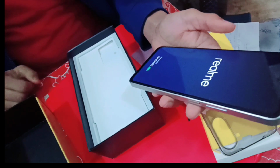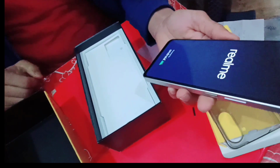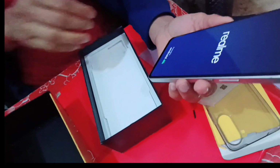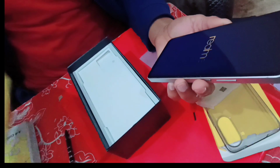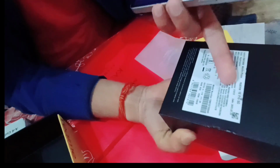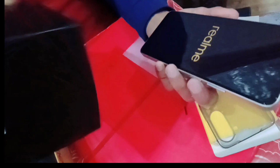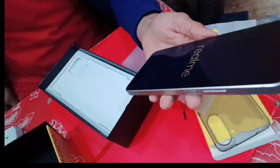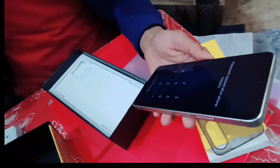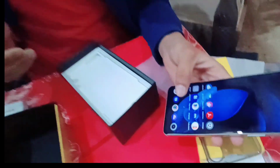You can say that it's a new updated version. It came to the market 15 or 20 days ago. Its release date, I think, is given on the, where is that? Look at here, the release date is 28 to 23. It means 28 February. It means it came to the market 1 month or 15 days ago. It's just opened. Look at it. Wow,